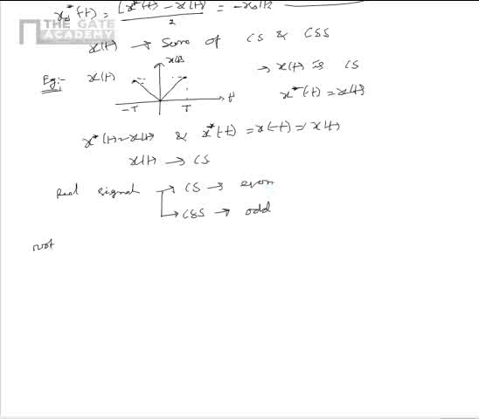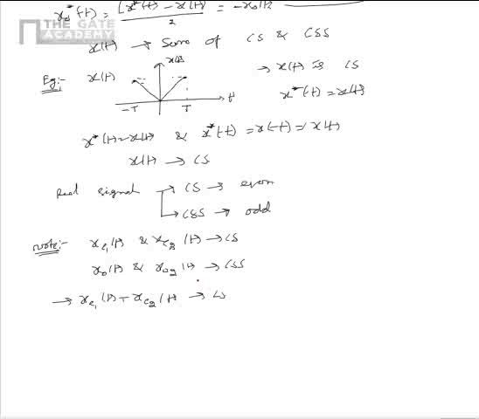Now we look into some of the salient notes related to these properties. Let us consider two signals xe1 of t and xe2 of t, which are conjugate symmetric, and xo1 of t and xo2 of t, which are conjugate skew symmetric. From this we can list down the following properties. xe1 of t plus xe2 of t would be conjugate symmetric if the signals xe1 of t and xe2 of t are